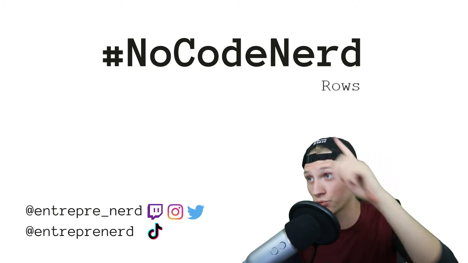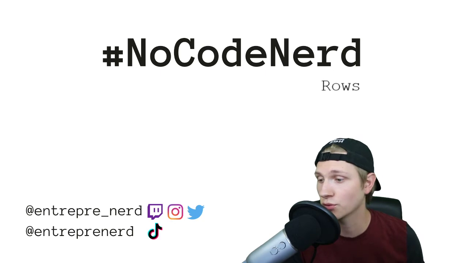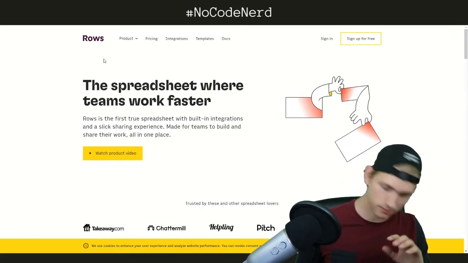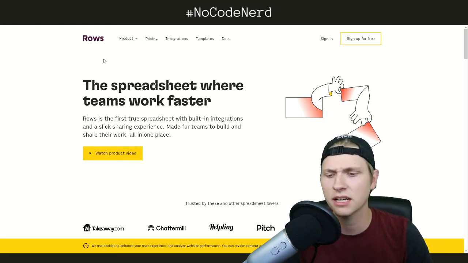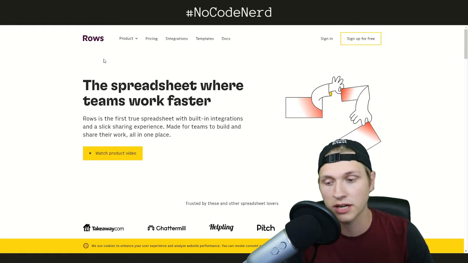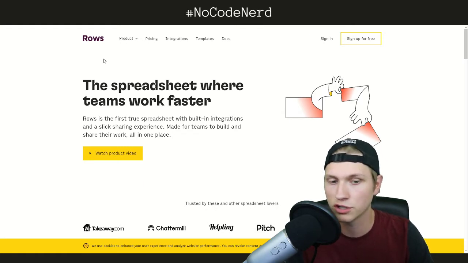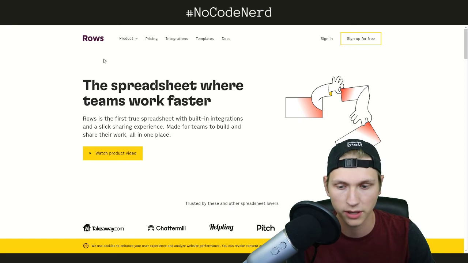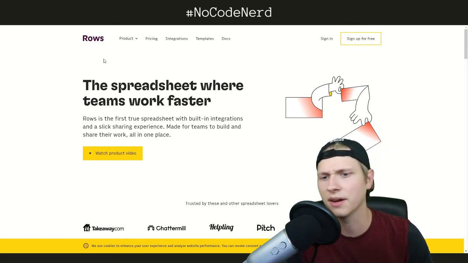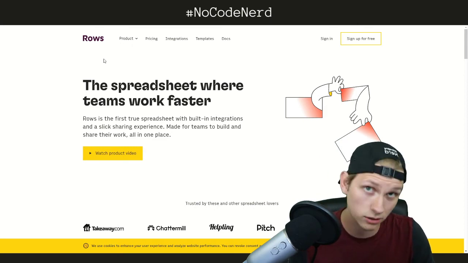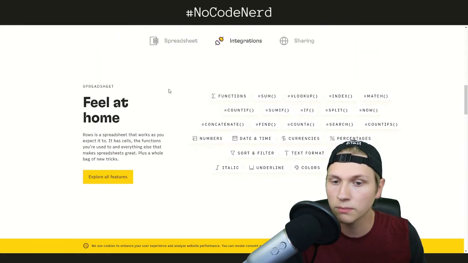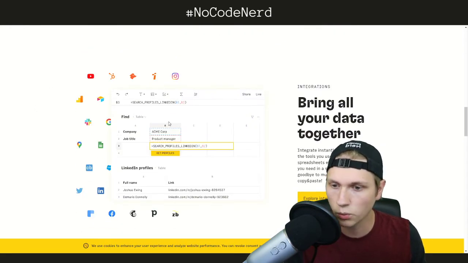And today we're talking about Rows, not just any rows. We're talking about the tool Rows. Now, Rows, I found this relatively recently. It's basically a superpowered spreadsheet that has built-in integrations for a smoother experience. So if you have a Google Sheet, an Excel sheet, an Airtable sheet, all these different kinds of things, you can pull them all together into one space